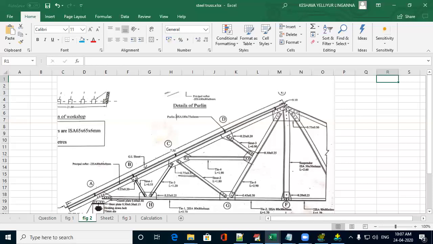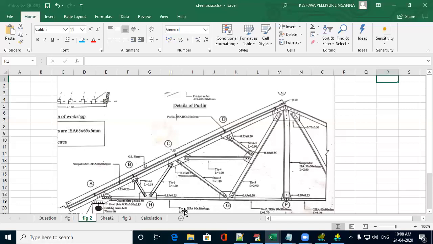In a truss there will be only one suspender, and remember, here in the half of the truss there is only one strut 1, one strut 2, one strut 3. And similarly tie 1, tie 2, tie 3, up to tie 5, all these are only one member in a half truss. But if you take one whole truss, there will be two numbers. So while calculating, you should be careful. Strut 1 will be two numbers, strut 2 will be two numbers, strut 3 will be two numbers. Like that, you have to keep calculating.